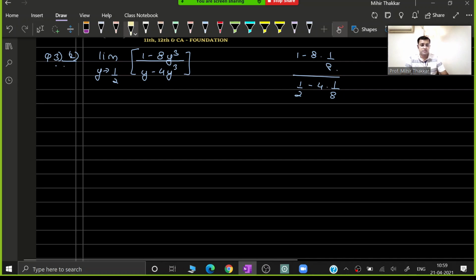So over here, I can cancel off these both, so 1 minus 1 will become 0. If I cancel off these both, I get half minus half, which again becomes 0. Because the denominator is becoming equal to 0, therefore it becomes an indeterminate function. And once again guys, in this case also you have to do the factorization. So in order to do the factorization, I will write it like this.